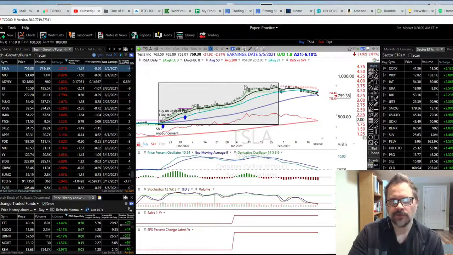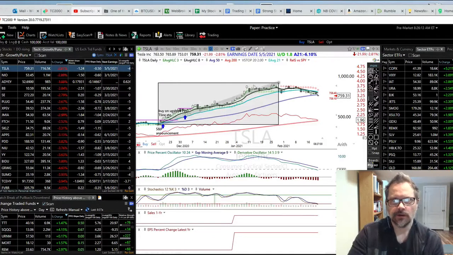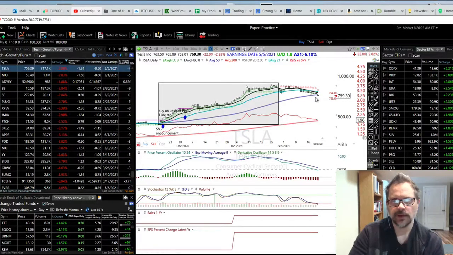The other thing is you have this resistance at this point here, from these previous couple of highs. So you might want to wait till it breaks through that point because it hasn't gotten up there yet. It came up and started coming back down. So I would have sold out because of the volatility stop, and then I wouldn't be buying. And the other thing,